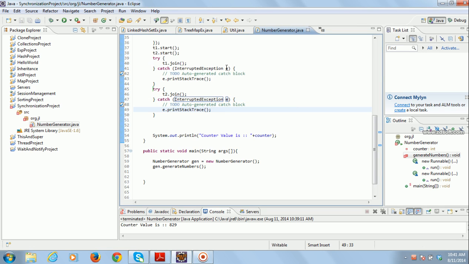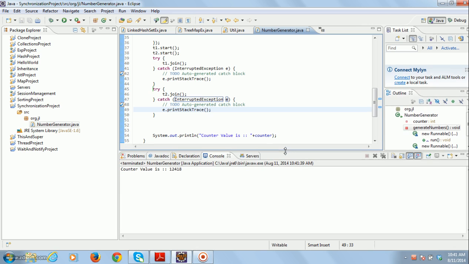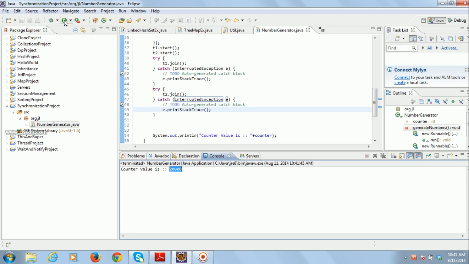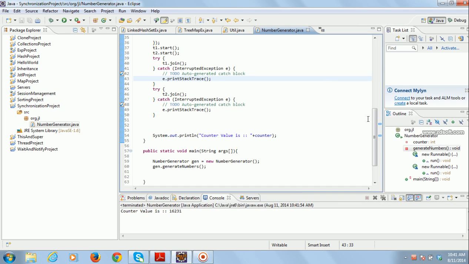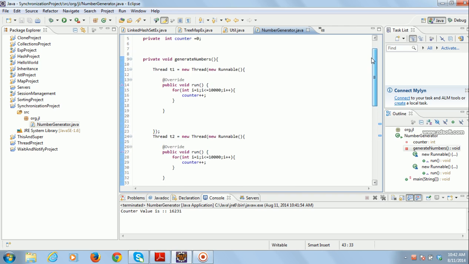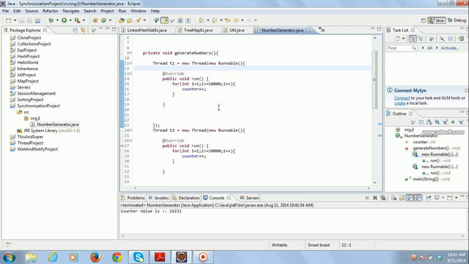Now see, let us check if this fixes the problem. Can you see? 20,000 is the correct output, but it is not coming properly. Sometimes it is 12,000, sometimes 13,000, sometimes 16,000. So what is happening? When you start these two threads simultaneously, what can happen is